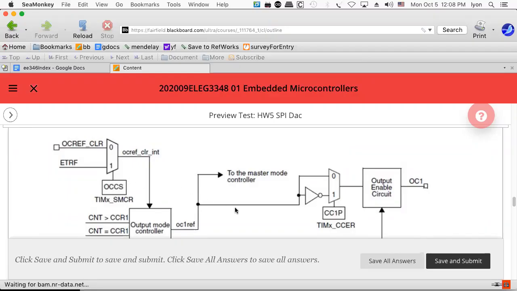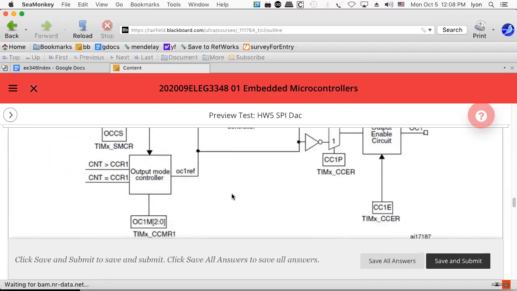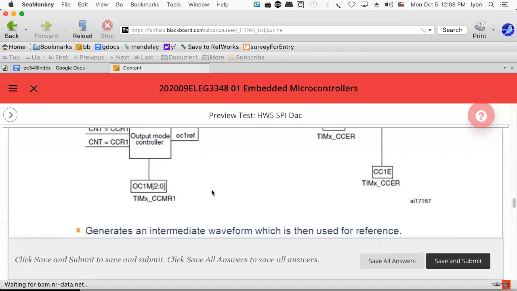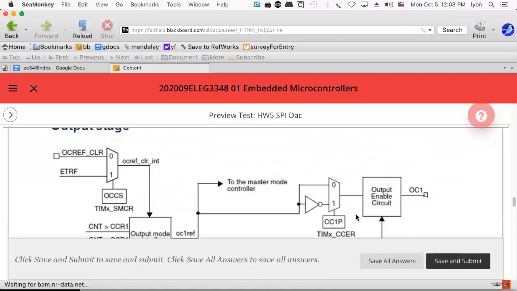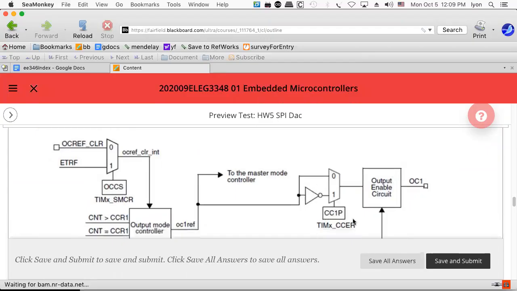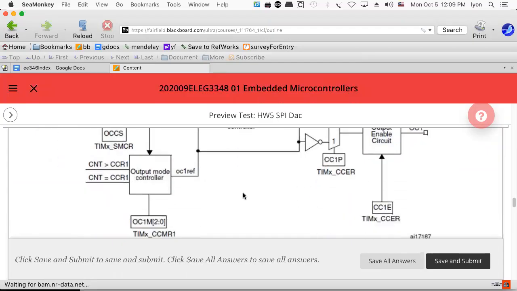So now here comes some sort of a hardware diagram. Right? What is this doing to me? Oh my God, so complicated. And it says it generates an intermediate waveform which is used for reference. So what are we looking at here? This looks like a 2-to-1 multiplexer, and when you set the bit, it takes out that side, otherwise it takes out this side, and the only thing it does is it puts an inverter in there. That's all it does. And then this looks like some kind of a timer control register with perhaps 3 bits in it, 0, 1, and 2,